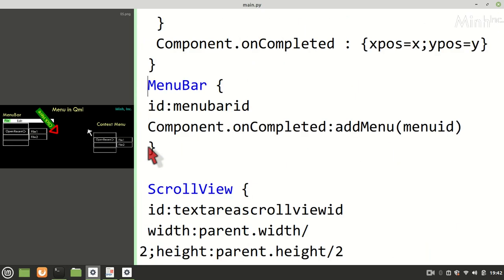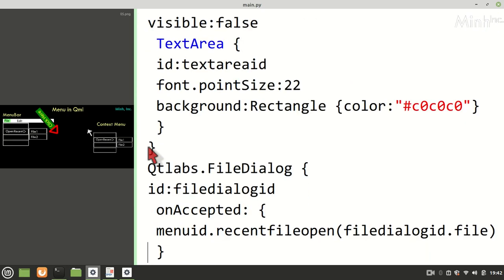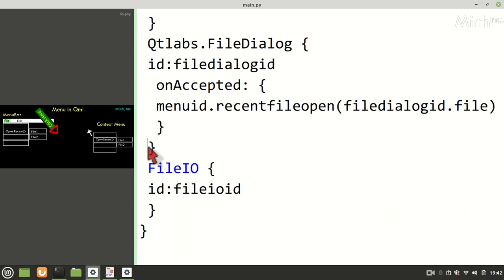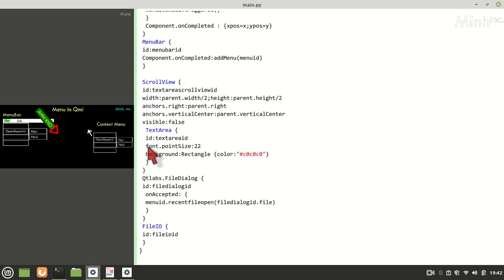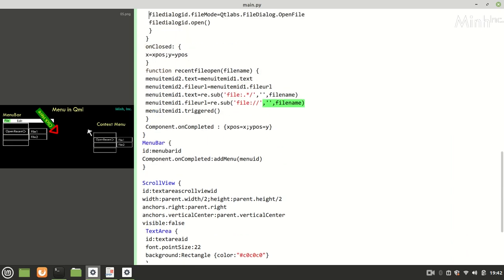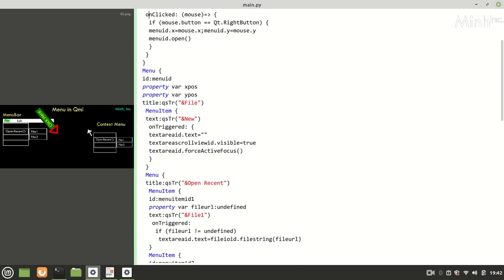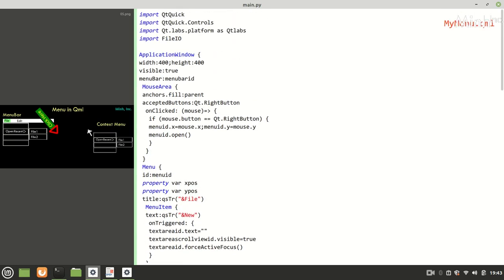Then we have a menu bar and a scroll view text area. Then we have the Qt file dialog to open the file, and file IO for file IO. So this is the code: file IO and file dialog, text area, menu bar, and menu, and then the menu bar here, and this is for context.